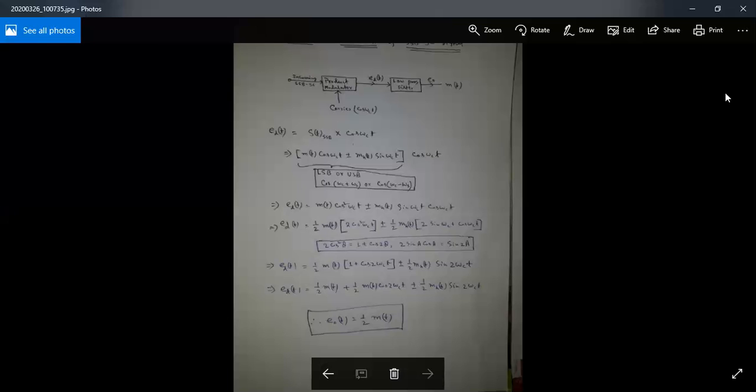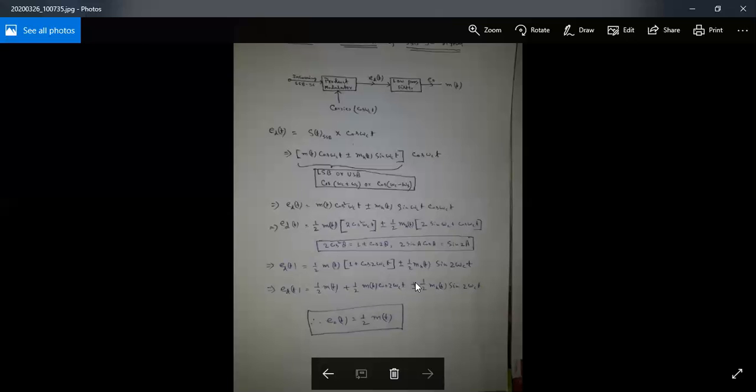The terms centered about plus minus 2 omega c, mind it, that is the second and third portions of the last equation, cos 2 omega ct and sin 2 omega ct, are high frequency signals and are filtered,